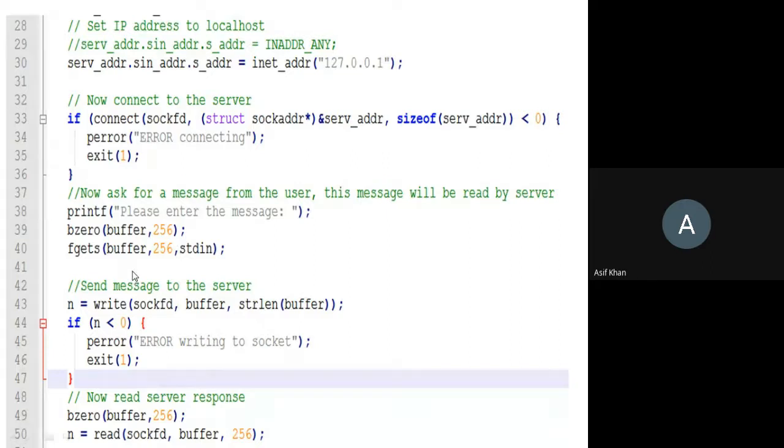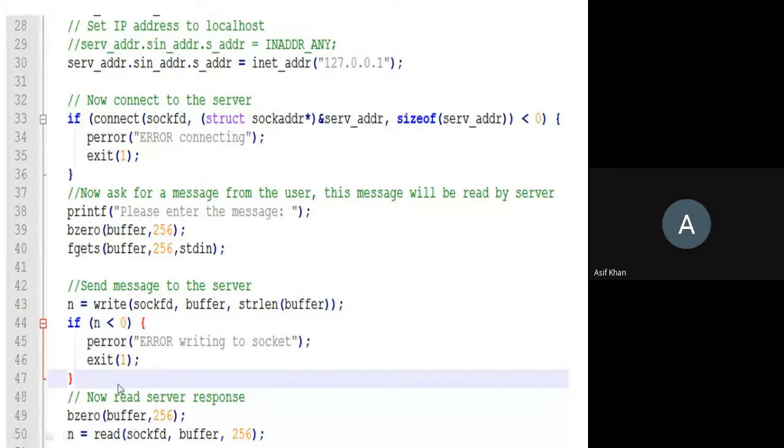Now the message is present in this buffer, and we want to send this message to the server. So how to send? By using this write function. You see it is used here. sockfd, the endpoint, so you have to pass the endpoint, and then the buffer, the message that needs to be written. And then the length of the message is written, right? The second argument should be the address of the message. Since this buffer is a character array, the name of the array is an address. So just the name is written for that purpose, right?